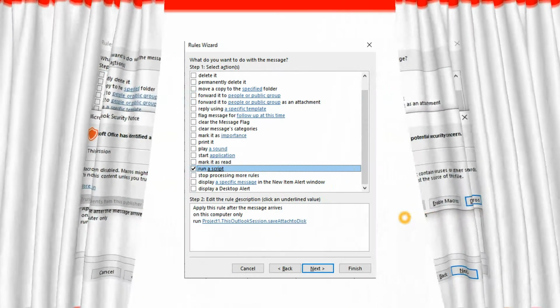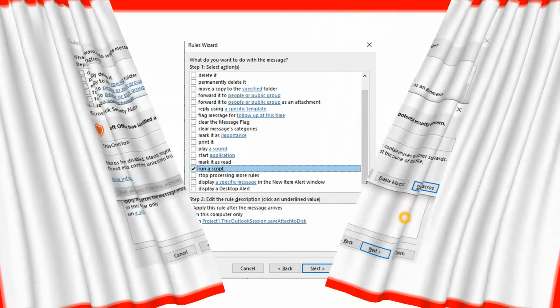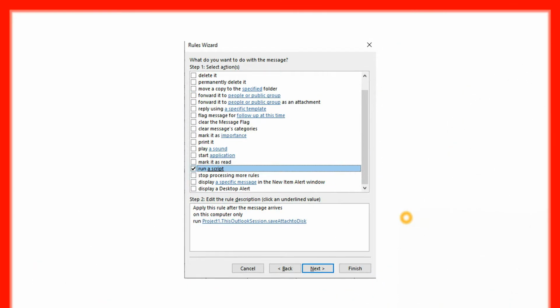Coming to it, I know it's macro, tongue twisting and all, right? We have clicked this, we have selected our first project and first macro. After this it's pretty simple. There will be exception criteria after the third stage. You'll do all the operations as you are doing for your rules, and then we are done for this.